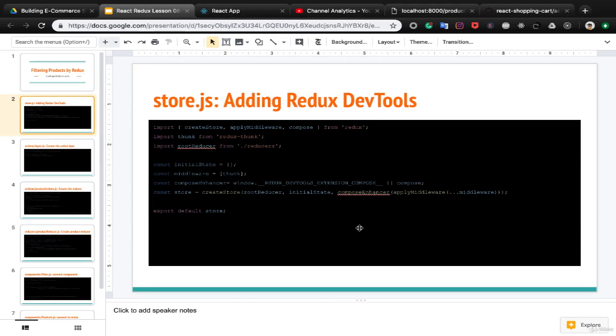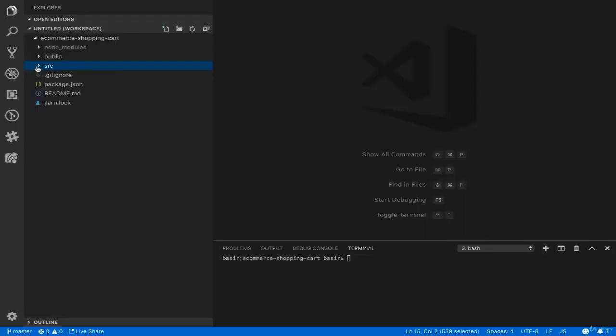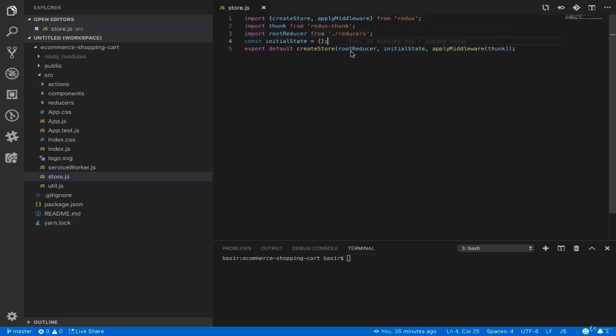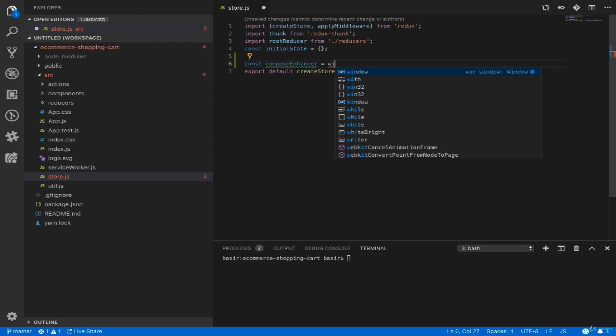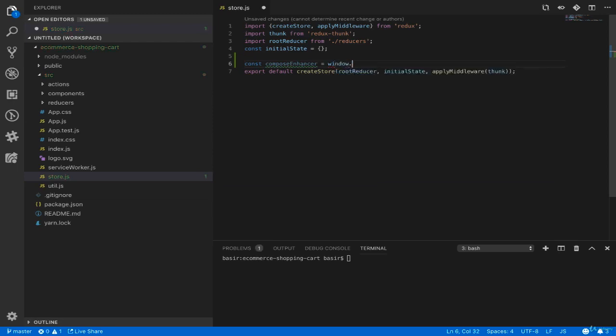It enables you to watch all the actions and their payload and changing state and finding differences between each state in the store of Redux. Let's do that by adding this code to the create store. What we need to do is to open store.js and inside that define compose enhancer. It checks this variable